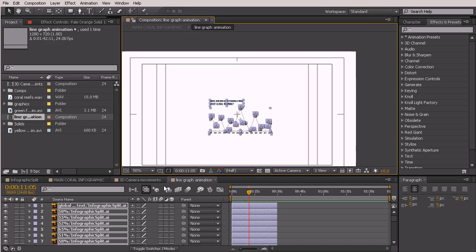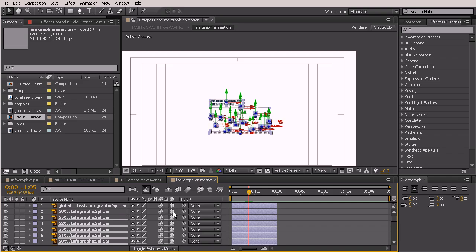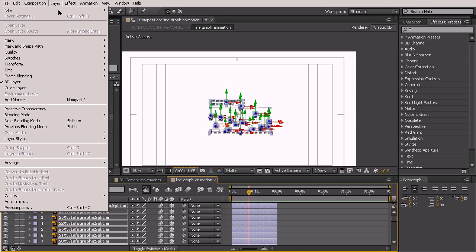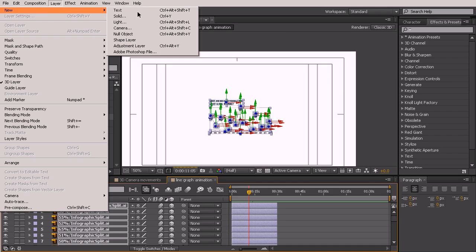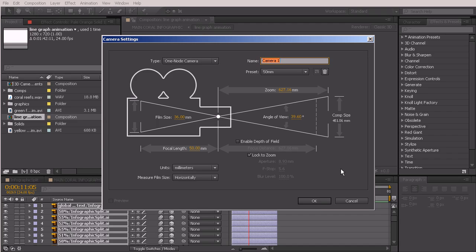Just like that. I'm going to turn on all the switches I need, so that's going to be continuously rasterize, motion blur, and we're going to use a 3D camera, so I need my 3D switch. And let's go ahead and add a camera to this, we'll just do it right now. We probably won't get to be able to animate the camera in this lesson because it's going to take a while just to set up some of the other stuff we'll be doing, but we can get it in here, and that way we don't have to scale up our layers to make them fit this comp. We can just zoom in with the camera. Make sure it's a one node camera,